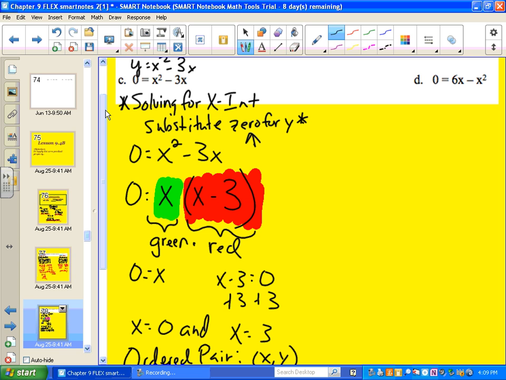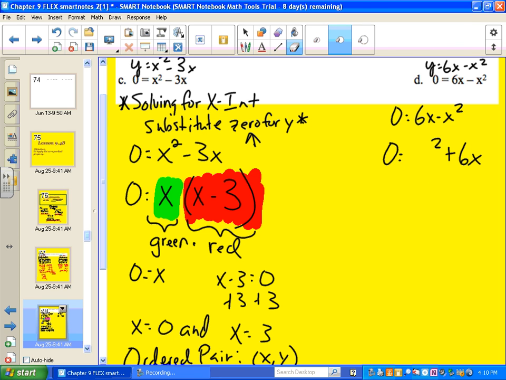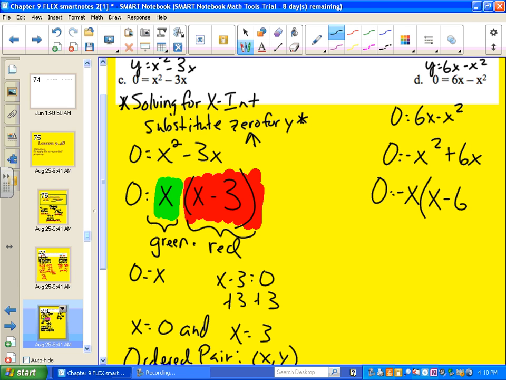Looking at letter D. Once again, we have y equals 6x minus x squared. We substitute 0 in for y. So we have 0 equals 6x minus x squared. First thing we want to do is write this in standard form. So it's going to be 0 equals negative x squared plus 6x. From here, we factor. Look for the GCF. Remember, this front value is a negative 1. Anytime you have a negative in your a value, you have to factor out a negative value. So 0 equals, factoring out a negative, we take out a negative x, and we're left with x minus 6